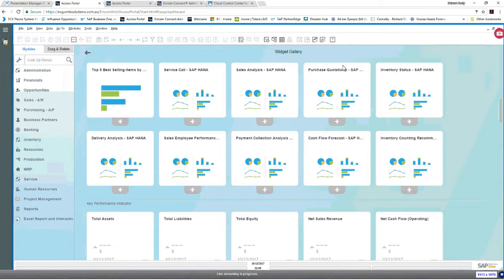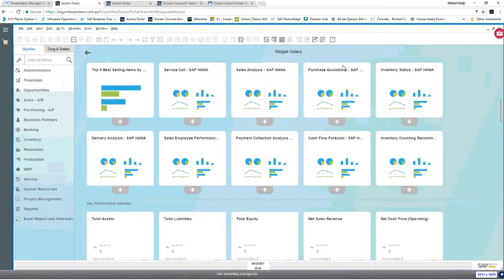Now, important point to note, when you're running on SQL Server, there are a lot of solutions available from the complementary solution partners where they have gone and built a range of these visualizations for you that are designed to work with SAP Business One. So they've tried to simplify and streamline that for you. A great example of this is what Boyum have done with their product, where it comes with a pre-built set of cockpits and dashboards that work with SQL Server. All right, so there are those options available for you if you are running on SQL Server.